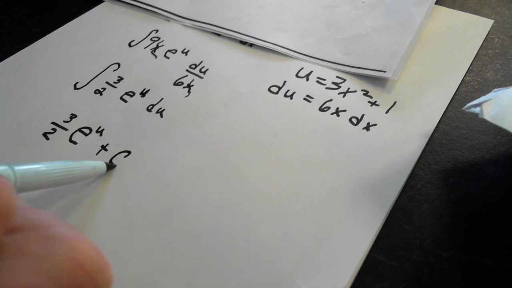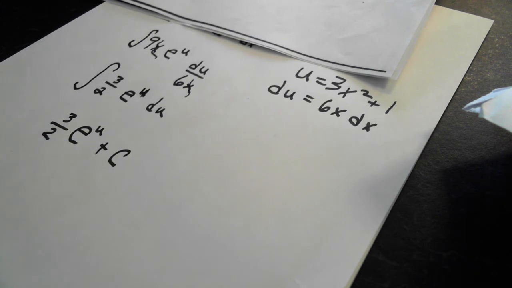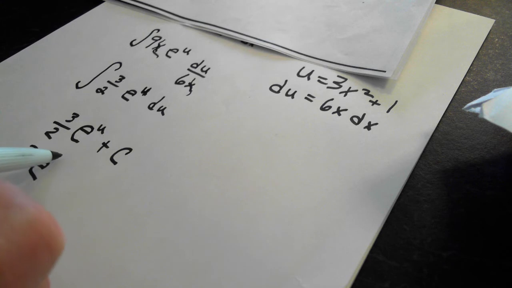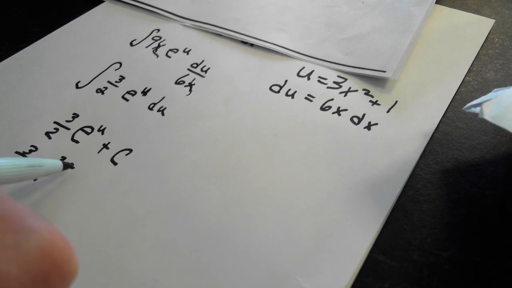Then you're going to get a plus c, of course, right? Now it's time to put your u back in after you integrate. So your answer is going to be 3/2 e to the 3x squared plus 1